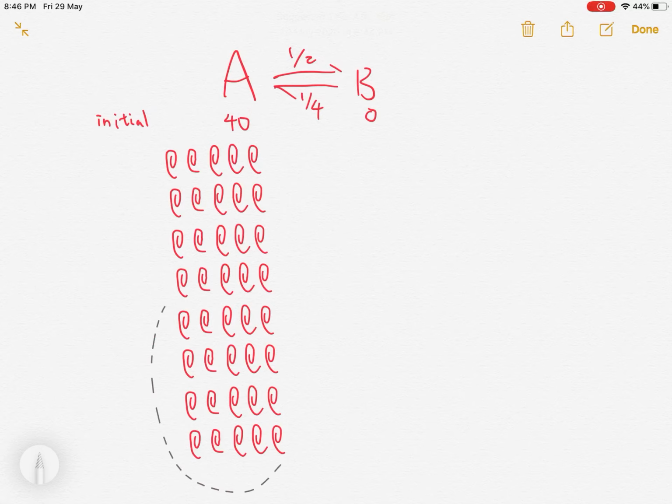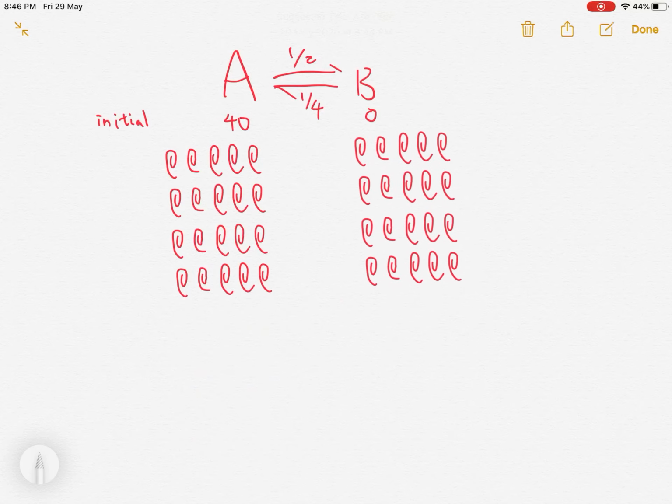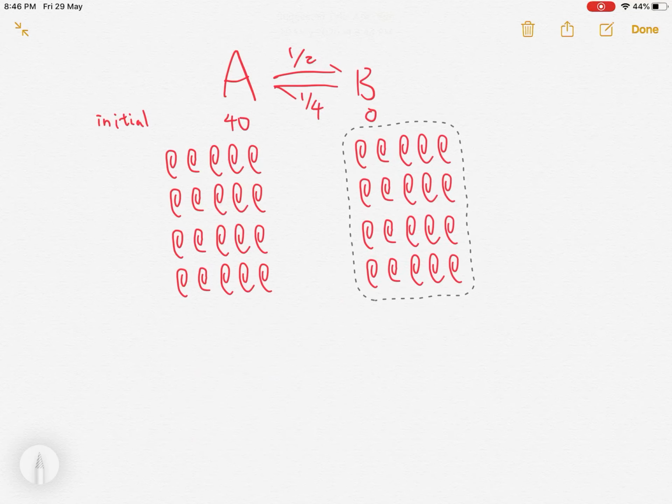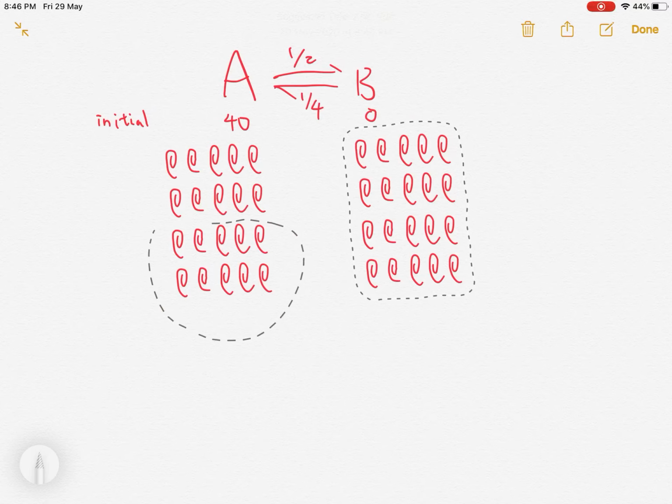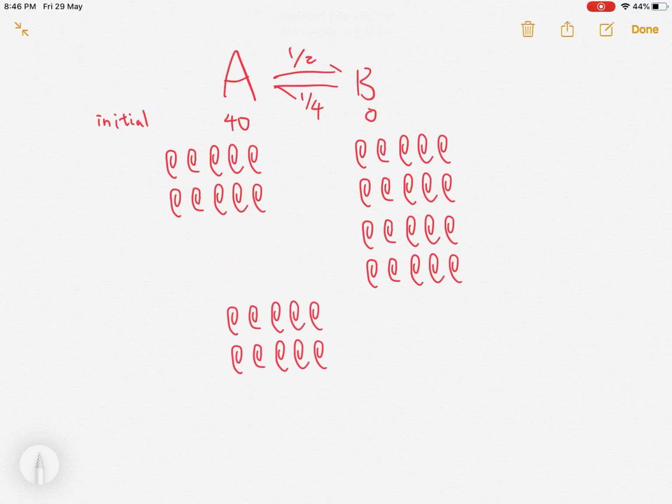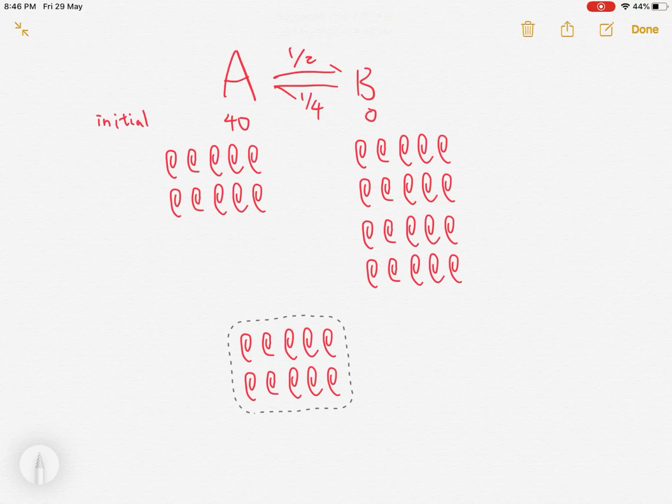After the first transaction, half of A will become B. So here is the outcome after the first transaction: 20 A and then 20 B. After this step, A again will give back half of its amount to become B. However, for B, it will only convert a quarter of it to become A, so that originally it has 20